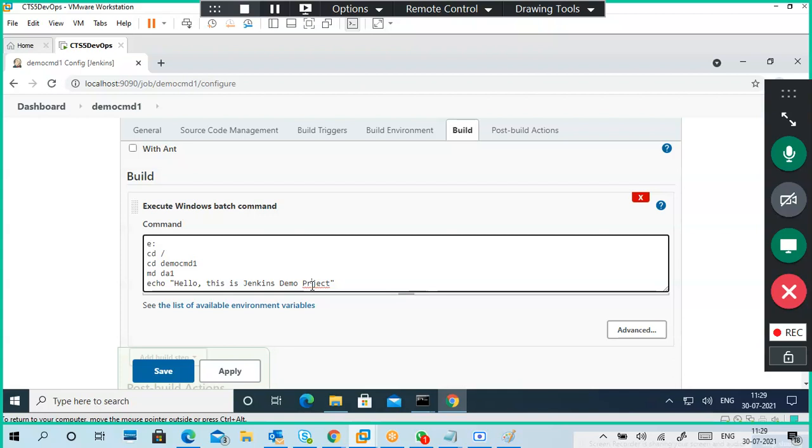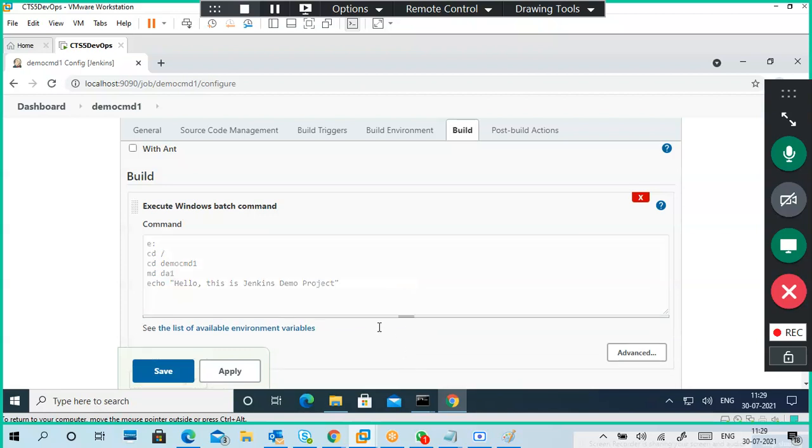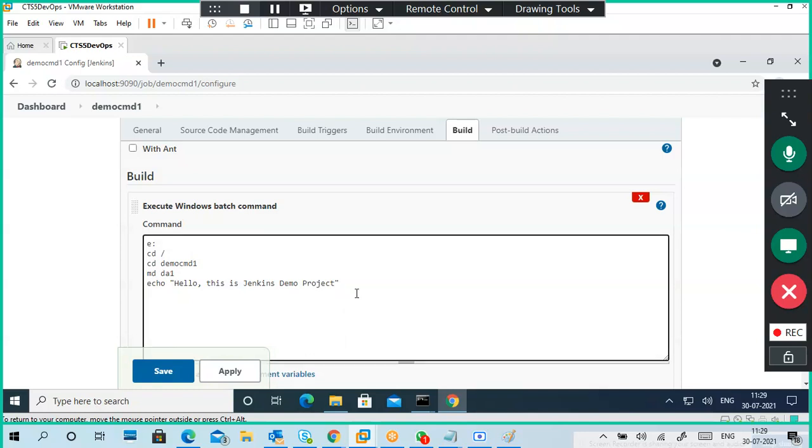Okay. Just checking spellings also. So this is the echo command. Here you can drag it like how many things you want to write. Like you can type a script only. Just think like I'm typing a script.